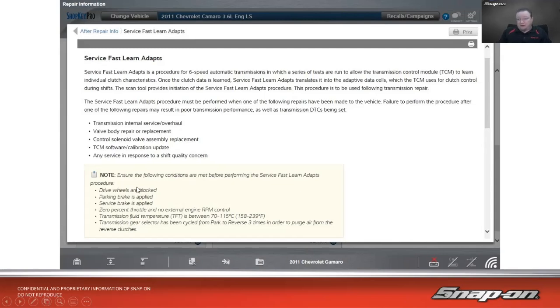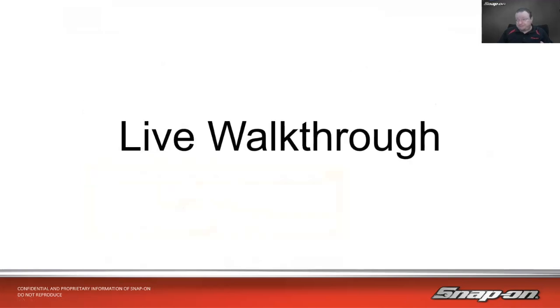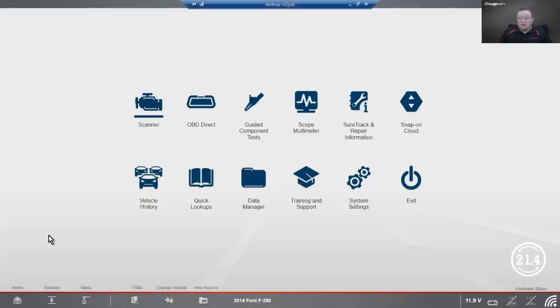All right, so there's a certain number of parameters that need to be met. And once again, you drive a vehicle under certain conditions and it learns as it goes. So let's look at a couple other things that we can do with our scan tool. All right, so in this case, for this section,